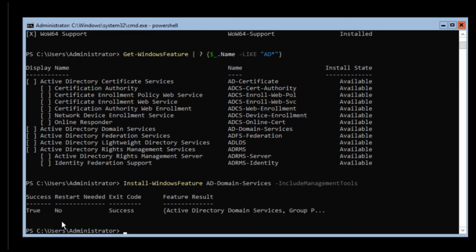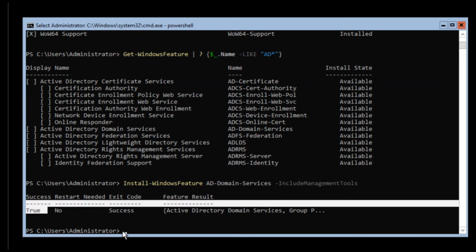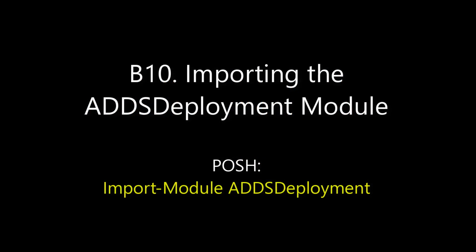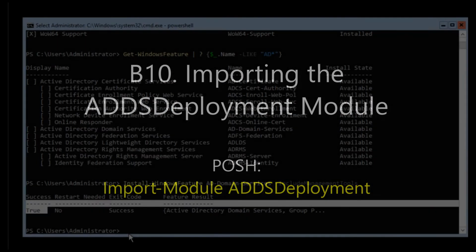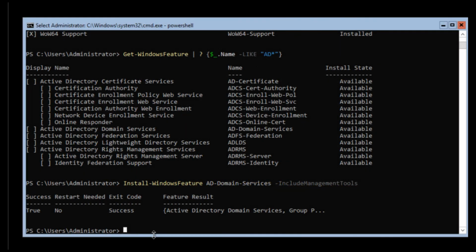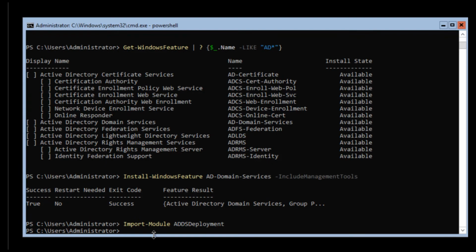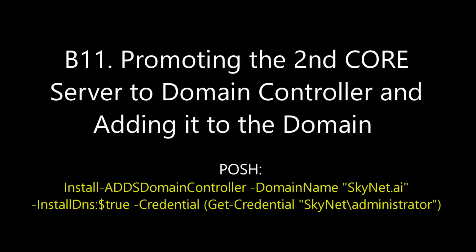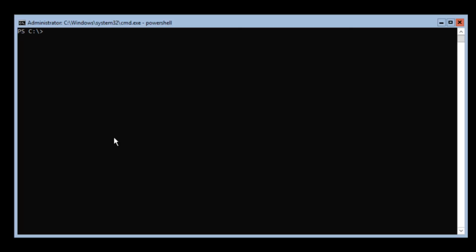Okay, so success true. We're good there. And now the next thing we want to do is import module, and then ADDS Directory Services Deployment. Okay, and now that we've done that, so now with the preliminary steps taken care of, we can